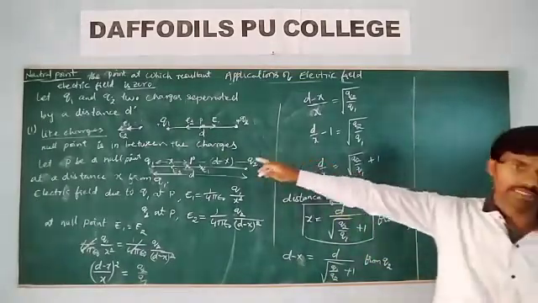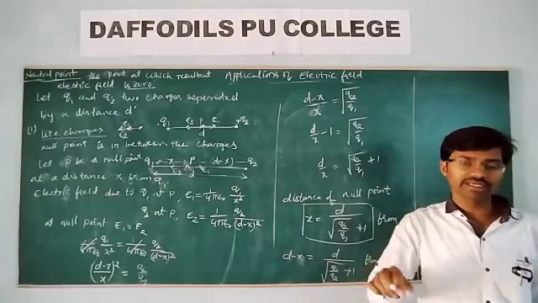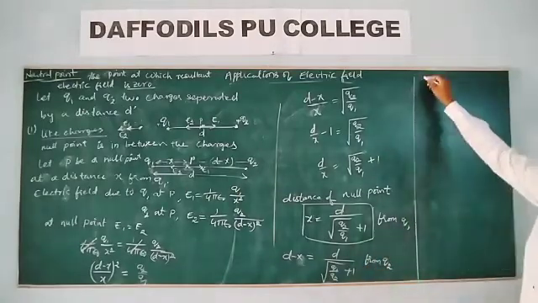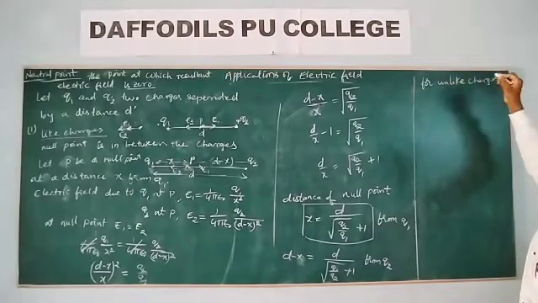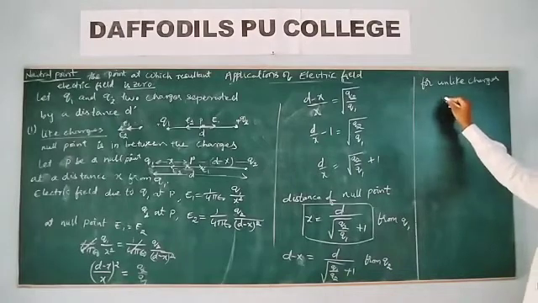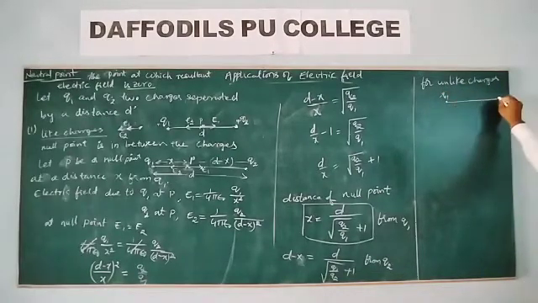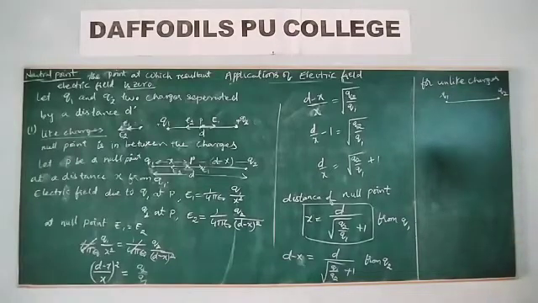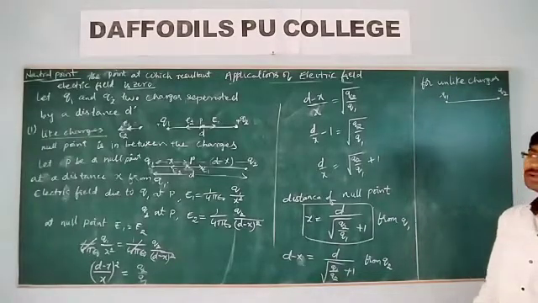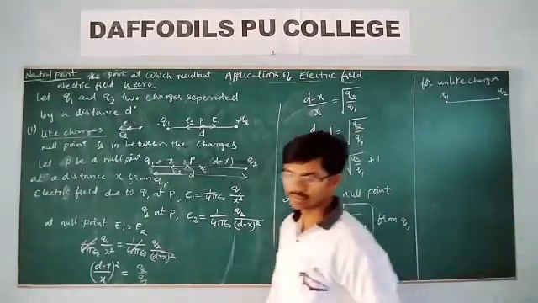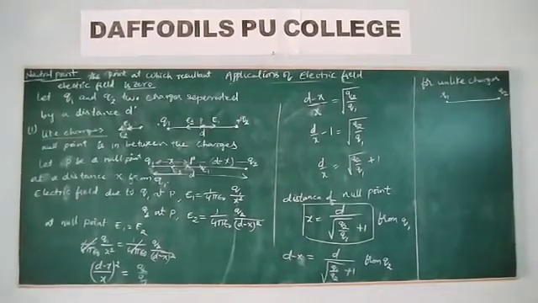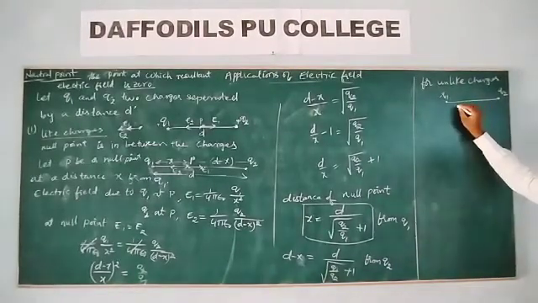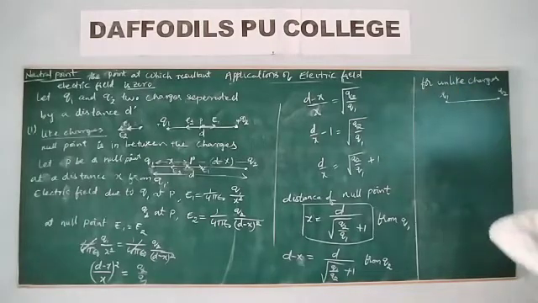Now this is for like charges. Then what about the unlike charges? Where do you get the neutral point for unlike charges? For unlike charges, it means if it is q1 and minus q2, or minus q1 and q2. So what do you get here? Let us see. Then in between these two charges we get resultant electric field 0, or outside of the charges we get the electric field 0. Let us discuss.